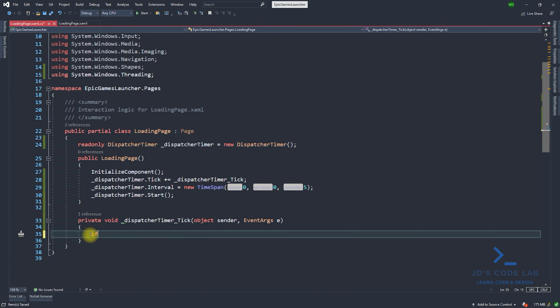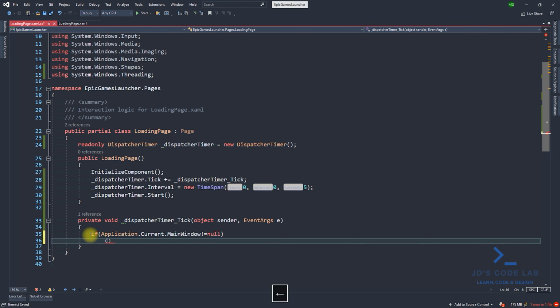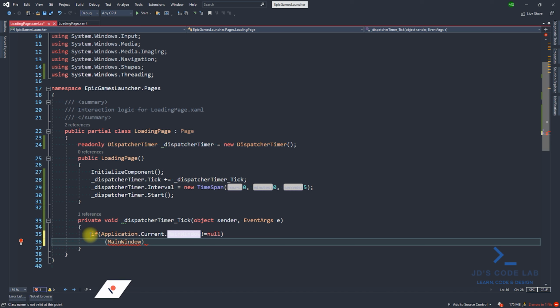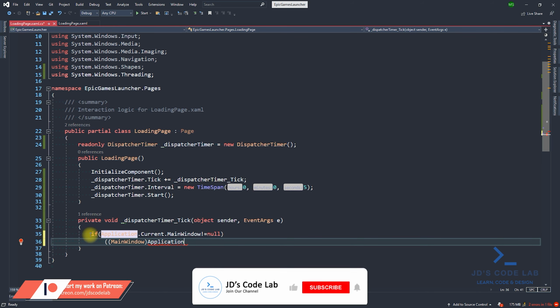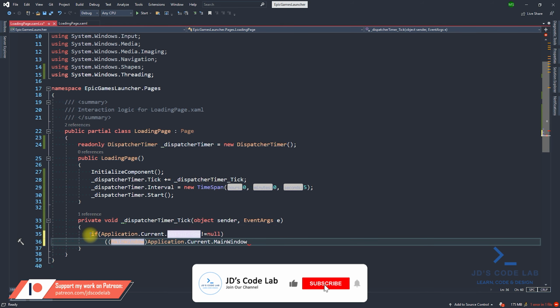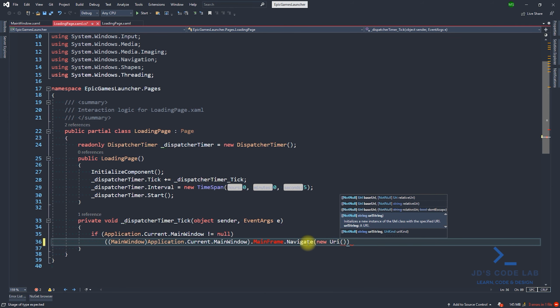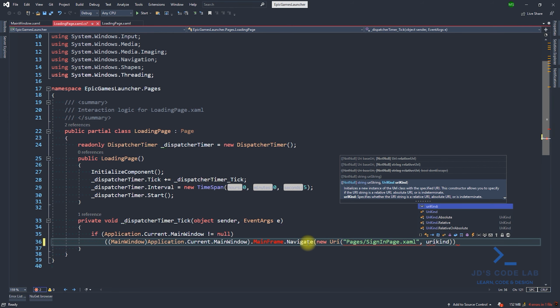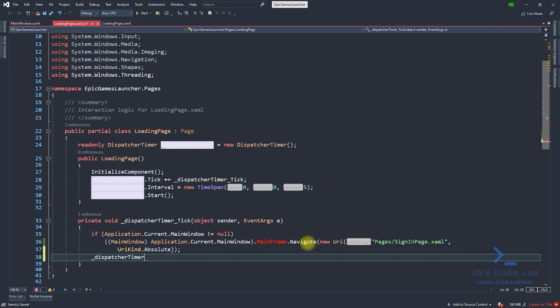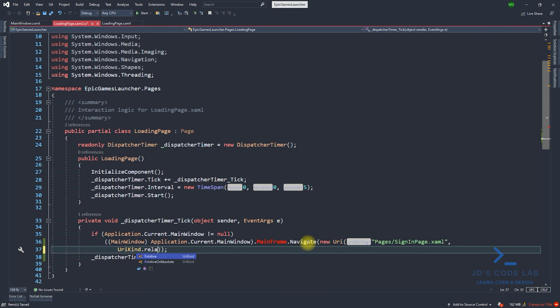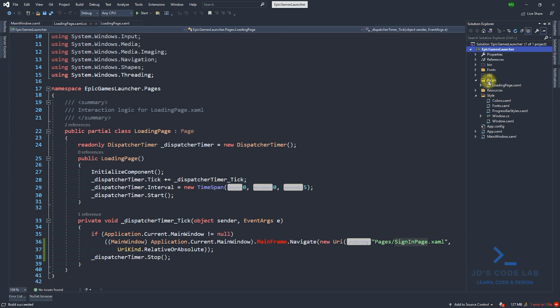Now in timer tick event, we will navigate the main frame present in main window to new page, which is signinpage.xaml, and stop the timer. Now let's add the sign in page and run the application.